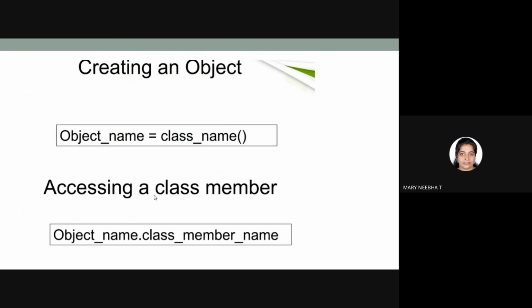If you want to create an object for the same class name, you have to assign the class name to an object name. Then that object name is called the object. Using that object name, you can access the attributes as well as the